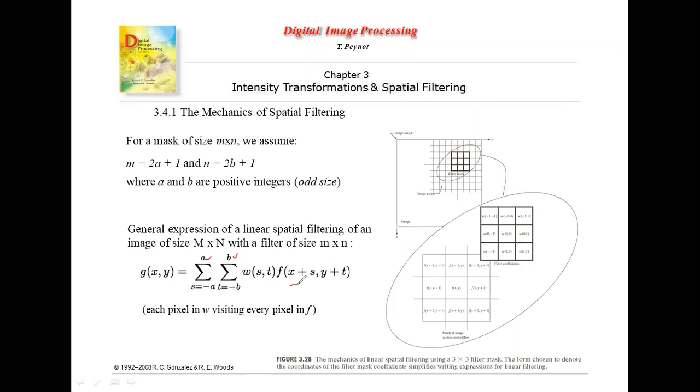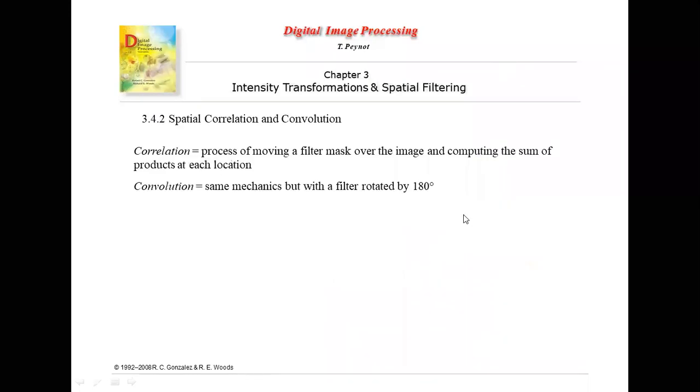So x of n, now f of x and f of y. Something on the left, something on the right. Now something on top, bottom, and on the diagonal sides also there. So there were two things, if at all you remember. There was something called as convolution and there was something called as correlation.